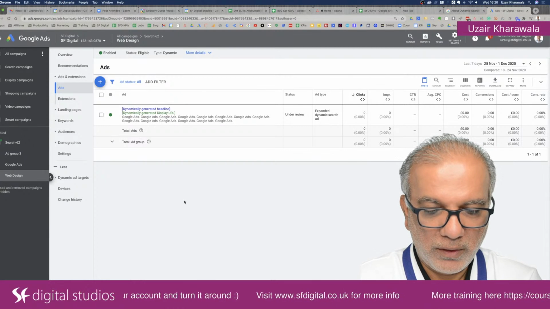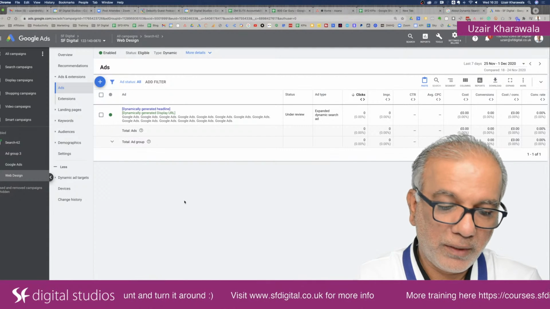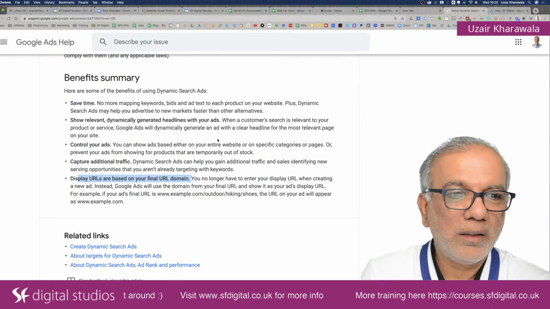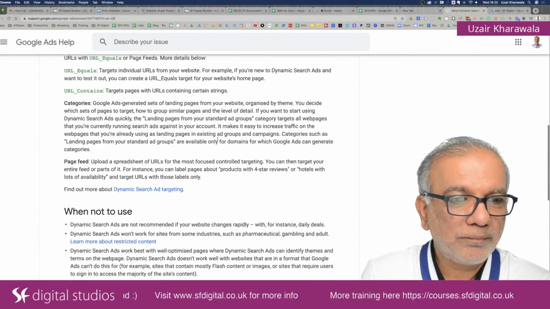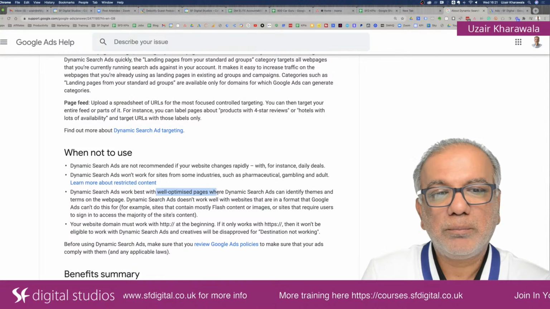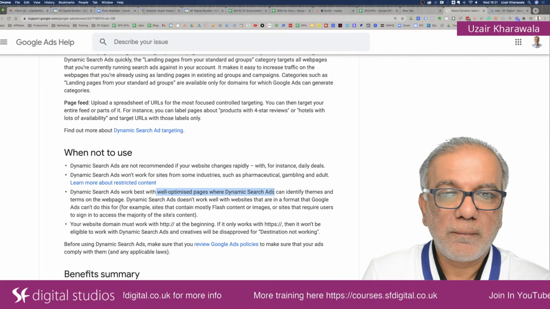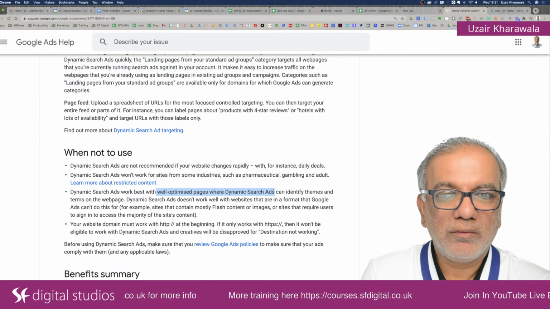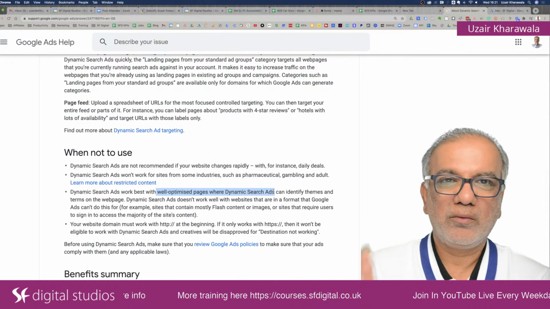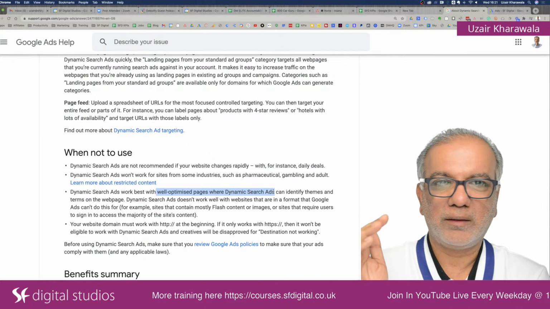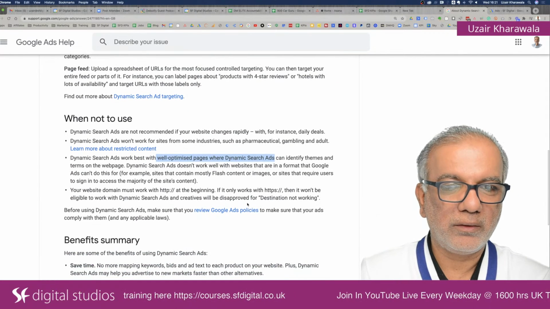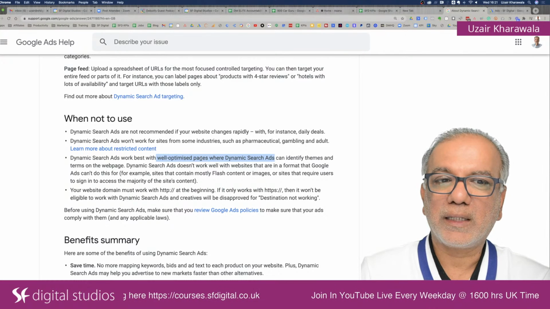Can issues with traffic be related to an issue with sitemap or indexability of your site? And this is why Google have said over here that these will work best with well optimized pages. Right now, this doesn't mean that you've got to be on page 1 of Google. As long as you've got the right keywords, the page titles, the meta tags, and everything is proper and in good shape, then it will know exactly what this page is all about.